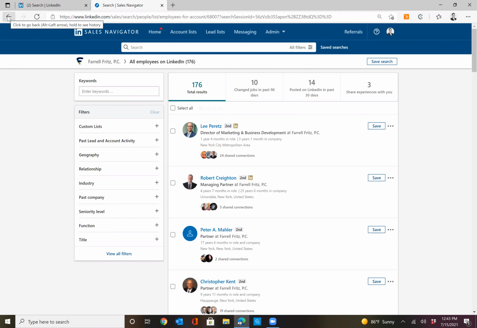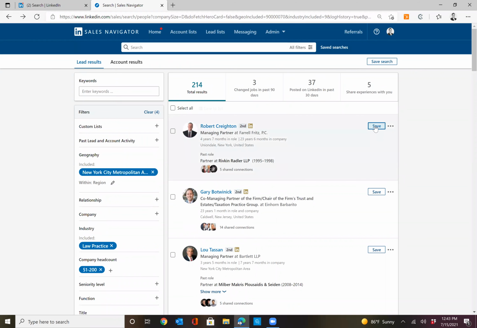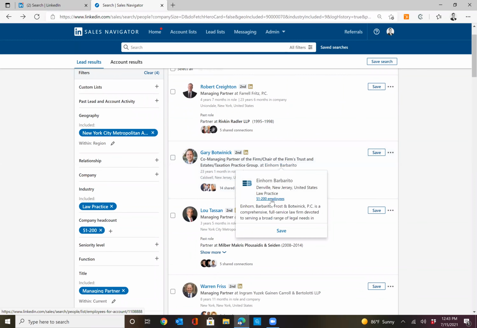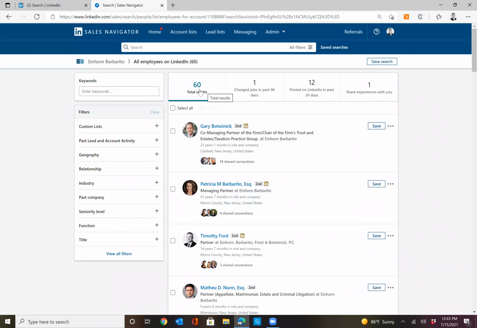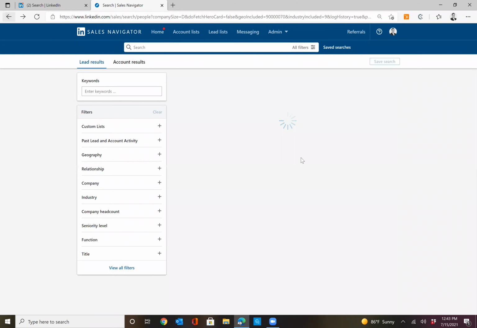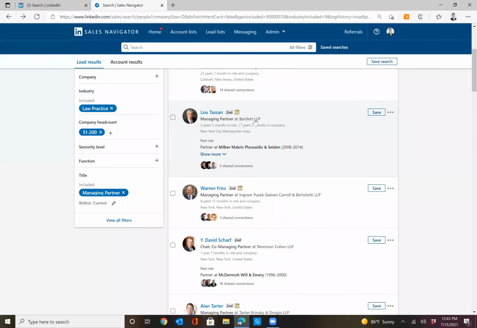But this company then can be saved, and you can go through and you can save that managing partner, you can save an account list, and you can go through and just say, okay, look at this one. Is this one accurate? Again, research as a salesperson is really important. So we said 50 to 200, this gives me 60. So these really help us build a really good prospect list of law firms that we want to target. And you can go through and just keep checking and saving. And then when you're done,